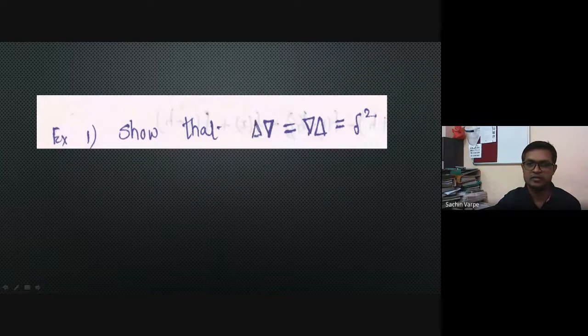Next, show that this is the relation: delta del. This is actually delta into del, or operation. Actually in operators there is never a multiplication, right? They are operating onto each other. So delta operated on del is nothing but del operated on delta, and that is nothing but what? Square of central difference operator. This is an interesting result actually. You can see here. Let me show you one side. We start with the left hand side. What is the left hand side?